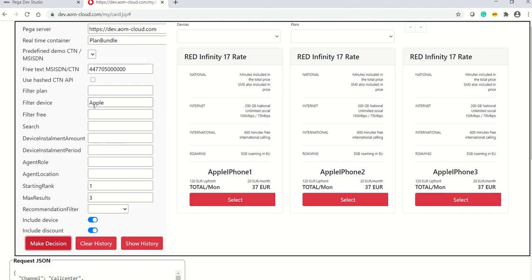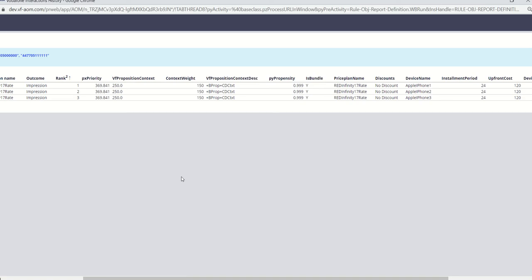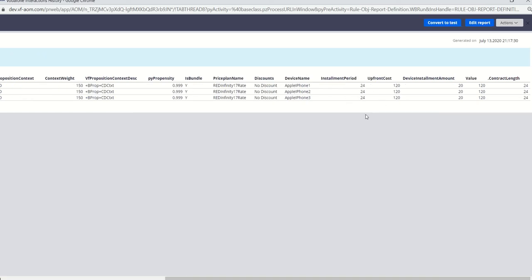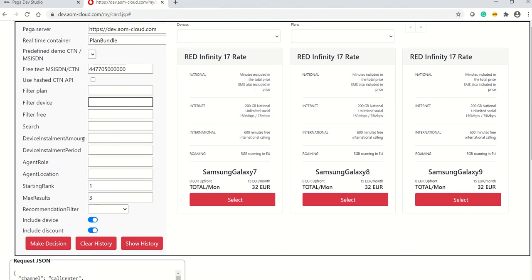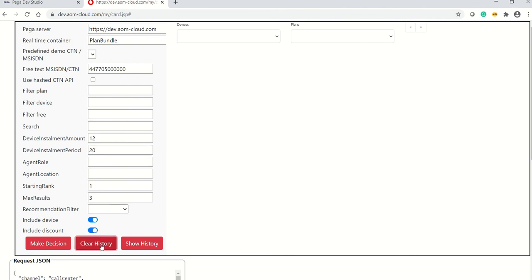Coming back to here, we'll go through other filters. Right now we are giving all 24 months installment period options. The customer can ask for a 12 months installment period, and he can say that he can pay not 10 euro but 20 euro installment amount, and then we'll do the upfront cost differently. So now if I run it,